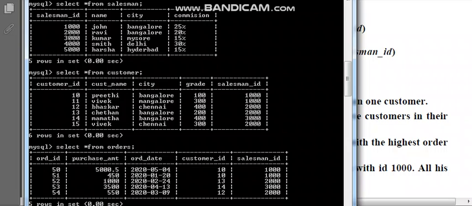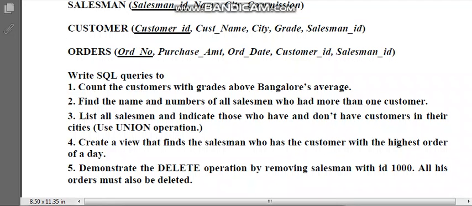So after inserting the values, if you write select star from salesman, we will get all those values which we have inserted. Then select star from customers and orders. So these are the values we have inserted, and now we will start with our first query, that is count